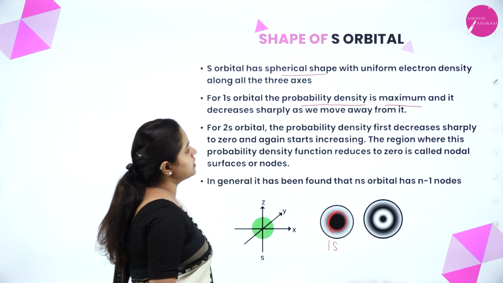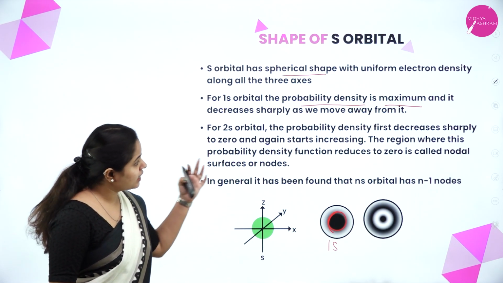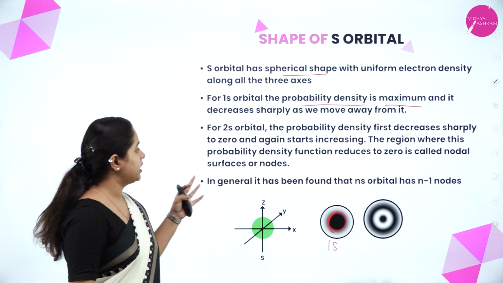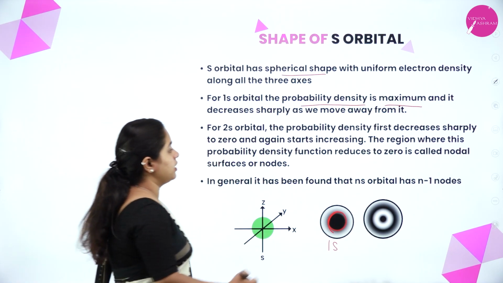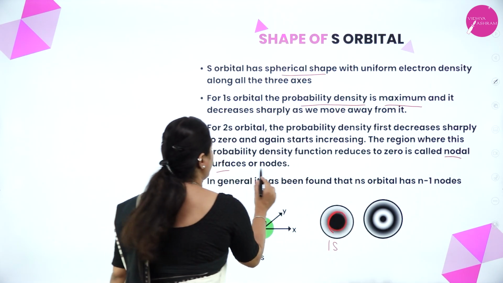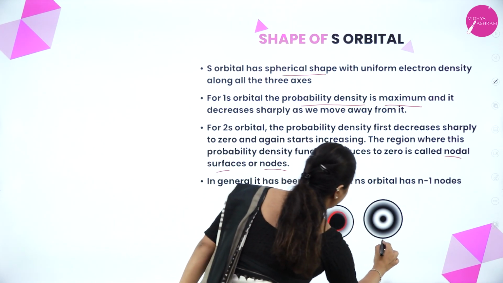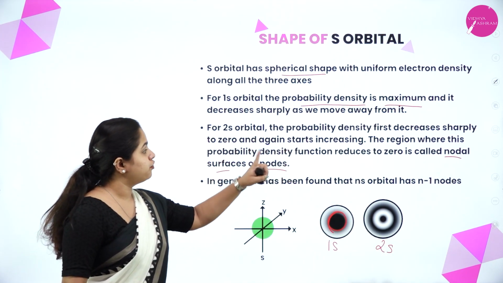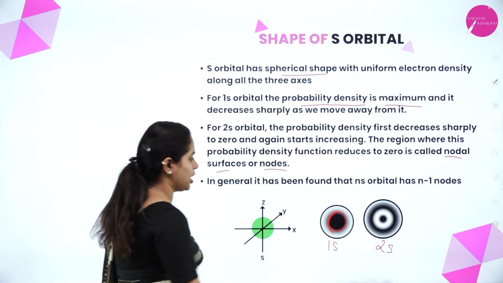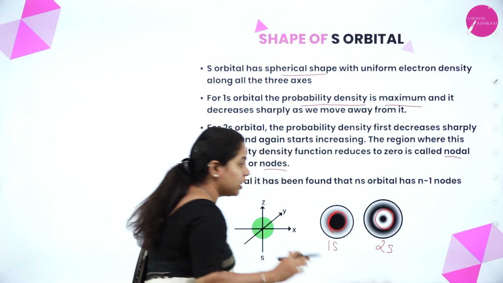The probability density first decreases sharply to 0 and again starts increasing. The region where this probability density function reduces to 0 is called as nodal surface or nodes. Okay, so this is about 1s orbital. Now talking about 2s orbital, what is happening? The probability density first decreases sharply to 0. So as you can see, the nucleus is present here, and in this area you can see a white region,